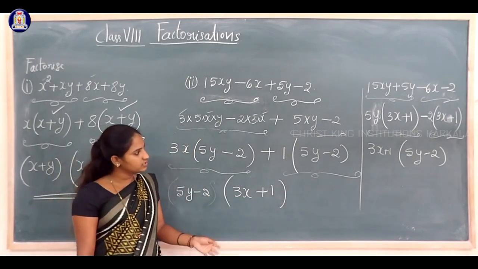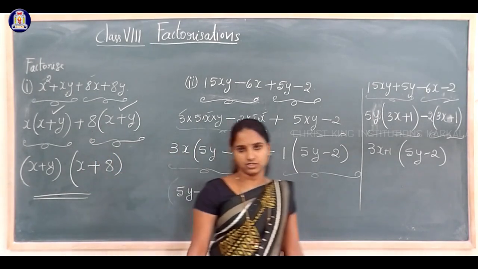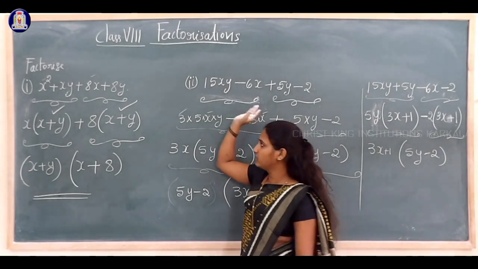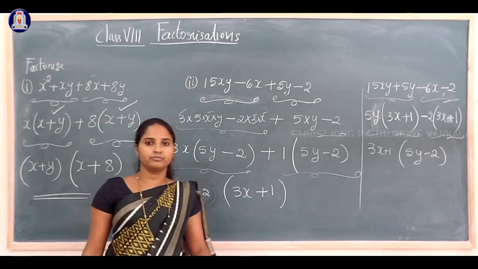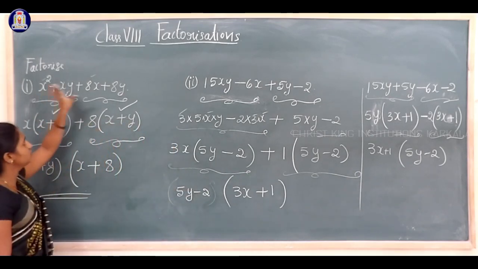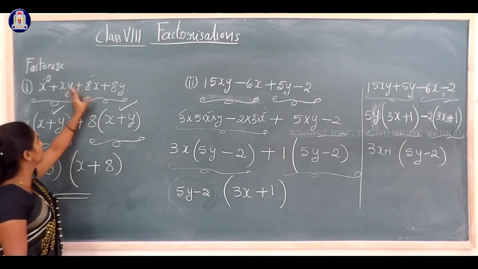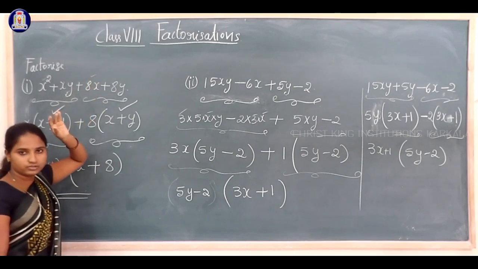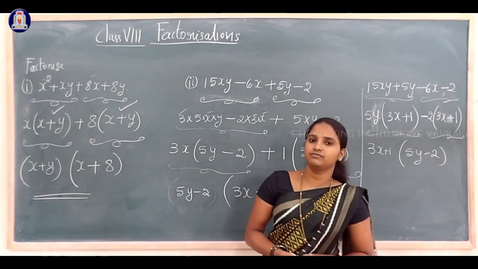In both methods, we will get the same answer. Clear? So this is a method to factorize the given expressions. In the previous question, we had only 3 terms, but here there are 4 terms. How to factorize? First you have to make a group, the first 2 and the last 2, or you can change the order, like you can take the first and third terms, and the second and fourth terms. Clear? So like that we can factorize the given terms.